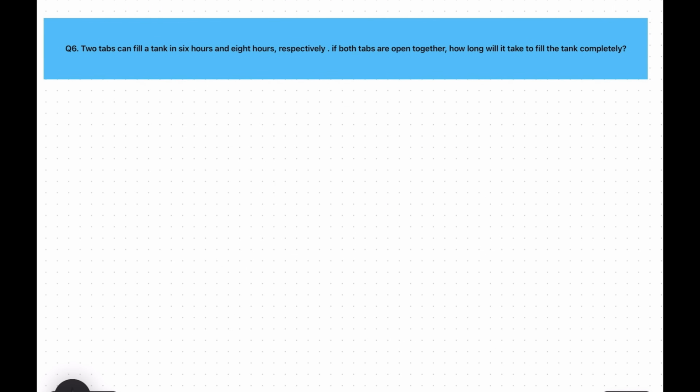The next question: two taps can fill a tank in 6 hours and 8 hours respectively. If both taps are open together, how long will it take to fill the tank completely? So step 1: we can find the work done by tap 1 in 1 hour. The work done by tap 1 in 1 hour will be